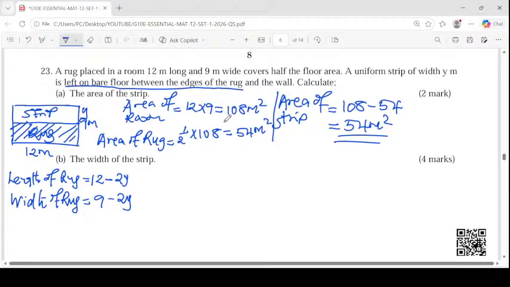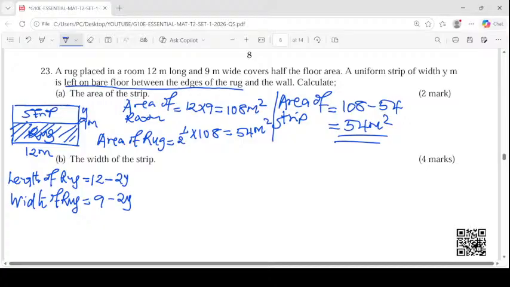And at that step, now let us set up the equation of the rug. The equation of the rug here becomes, because the area, is it really the rug or the strip? Yes, the rug. When I take this area of the rug, which is 54,